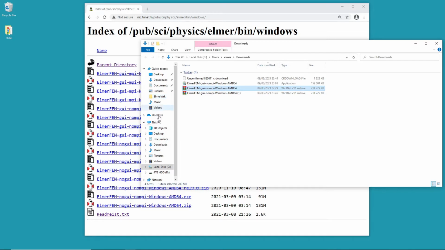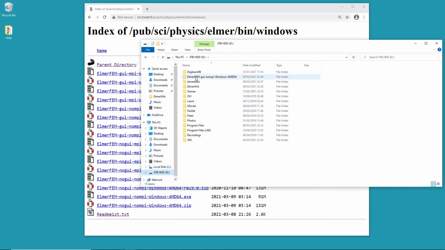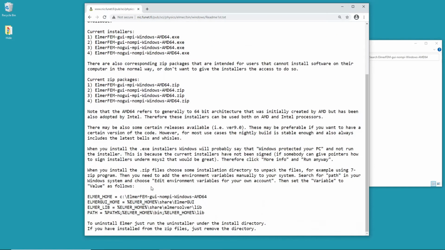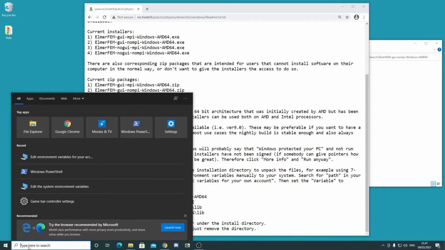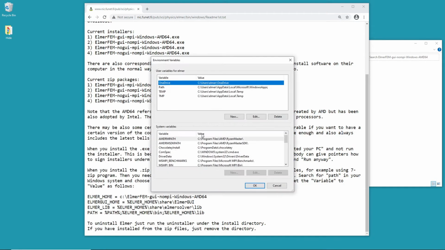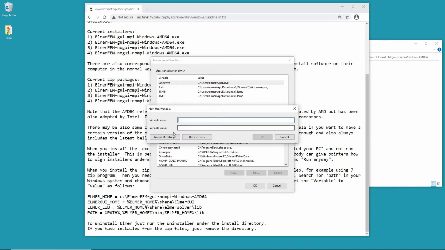I can go to D. Here it is. That's not all. I need to do some additional steps, so for that purpose I read the README file here. So we should put these environmental variables here to the Windows version that we have. So for that purpose I search for path, edit environment variables for your account, and here we need a new one,